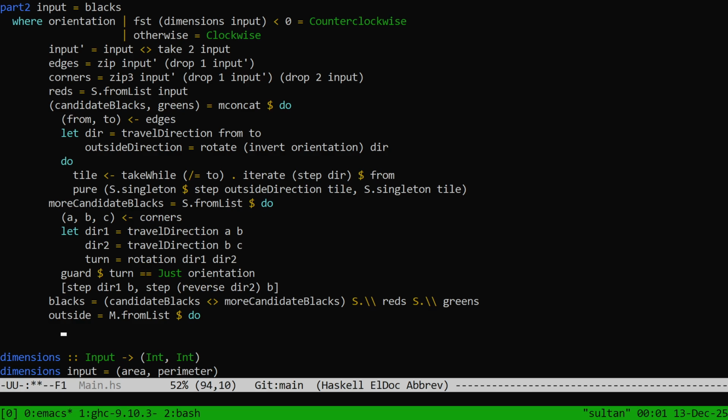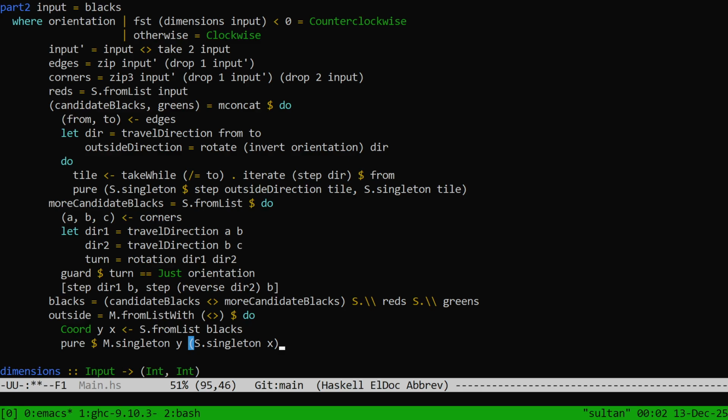From list of chord y x, from list width chord y x from the list of blacks, M singleton pure of M, singleton of y and singleton x. So in this way, I'm building a map